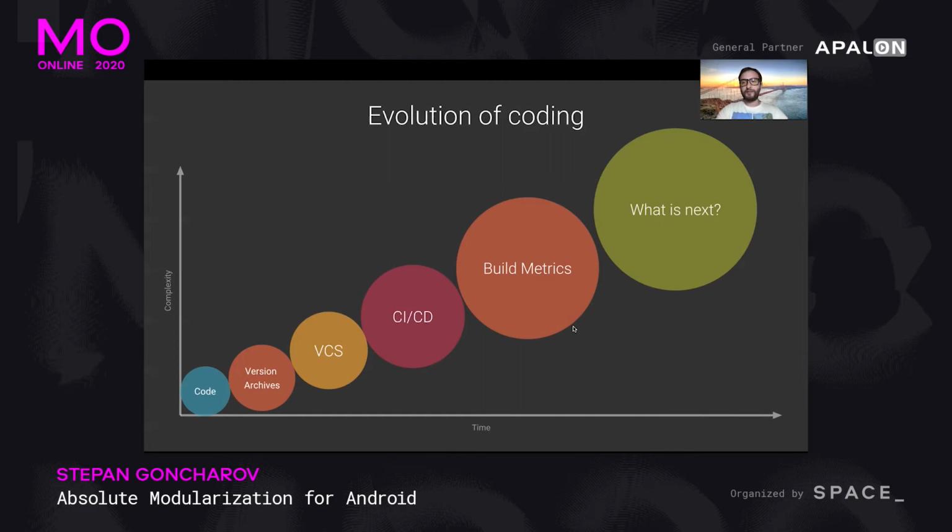On top of that, to really understand what's happening with a project, most of the big companies put build metrics on top of continuous integration. This works pretty well, but one day your project can become so big that you need some extra tools to help with that. I will talk about tools which I imagine would be the next step after having build metrics, and how they can help even smaller projects achieve better code quality